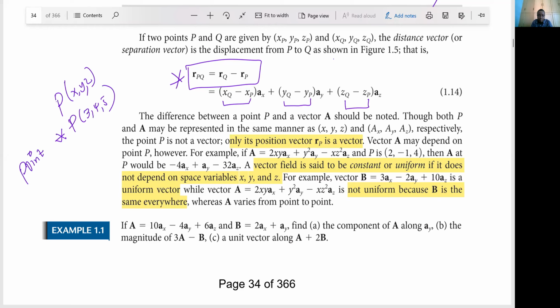But a vector would be RP, which is represented by 3AX plus 4AY plus 5AZ. This is a vector. That is the distinction between the position and its point. Vector A may depend on point P, however. For example, if A is equal to XY,